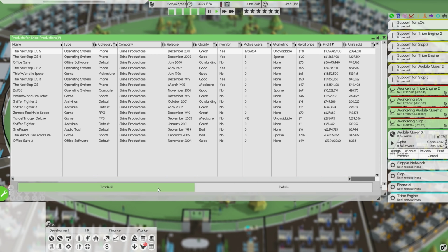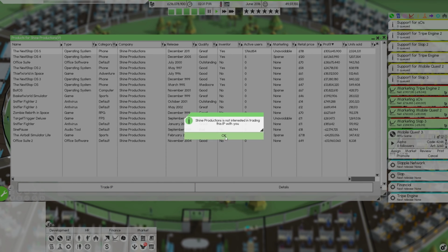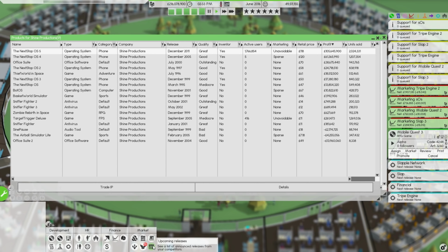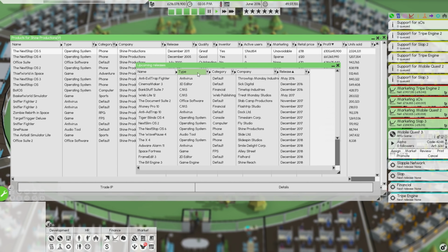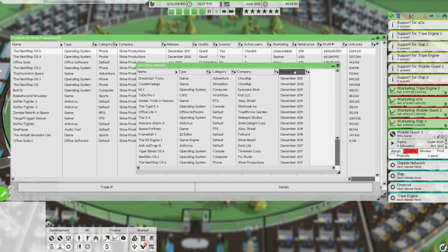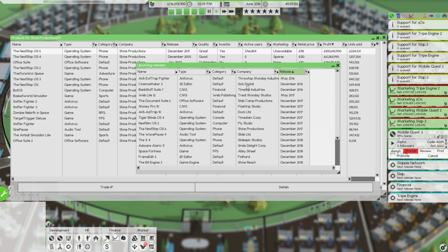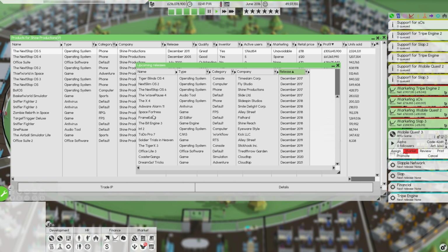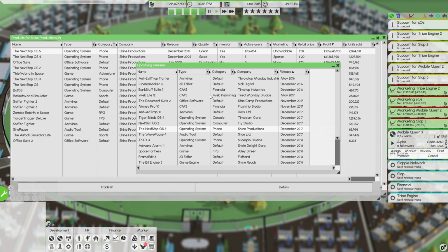My question is, if they won't give me the IP, I assume they're going to be working on the Next Stop OS 6, right? So if we have a look here, it'll be in here, right? The Next Stop OS 6, 2017. And then the X4, 2018.